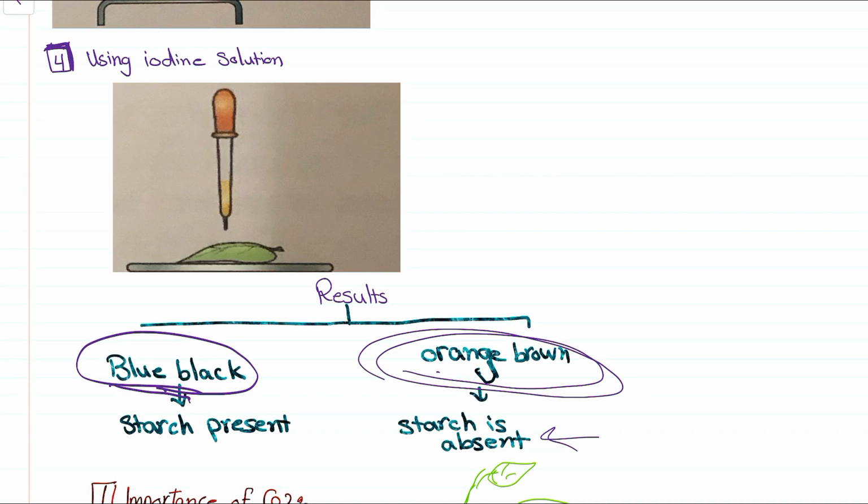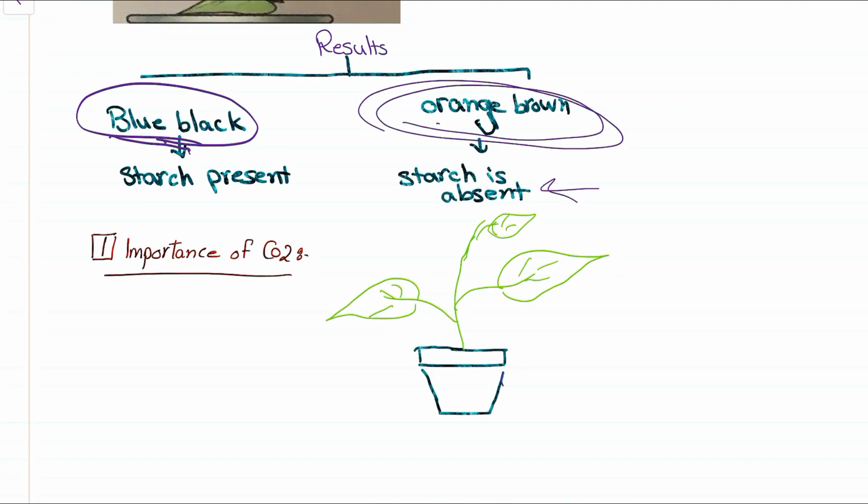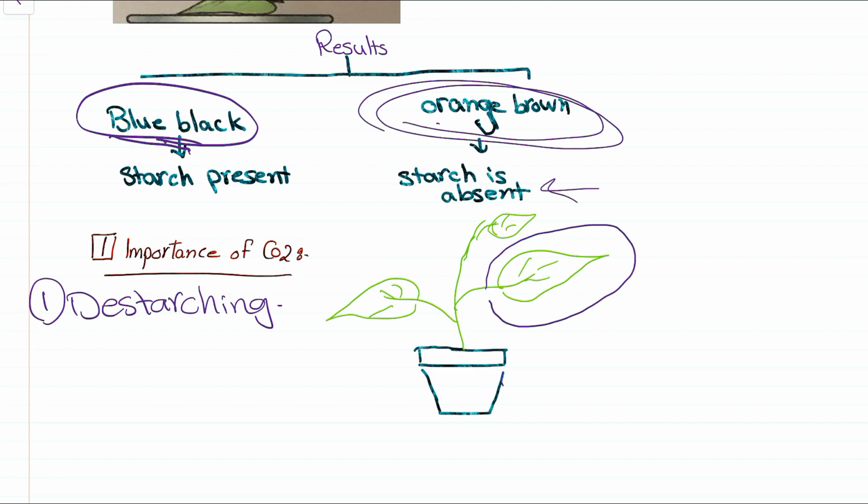First experiment, we need to prove the carbon dioxide is very important for the photosynthesis. How? By getting the plant as you see. What is the first step? As we said before, destarching. So take the plant and destarch it by keeping it for 48 hours in a dark place. After that, take one leaf, cover it with a plastic bag and add